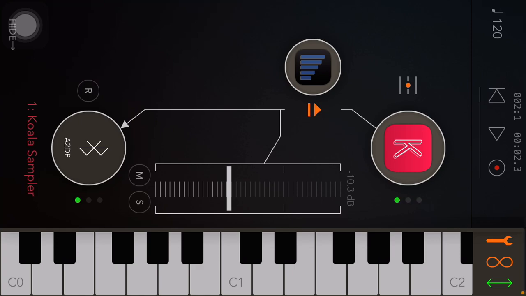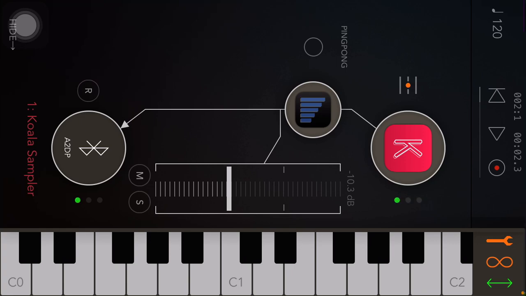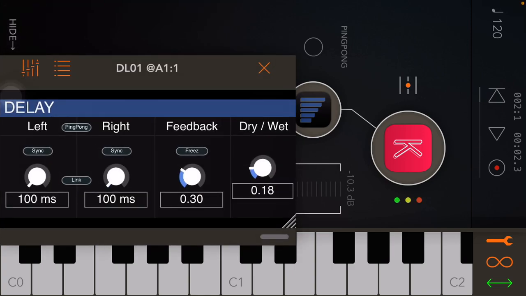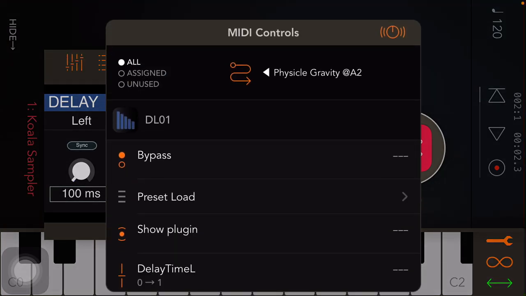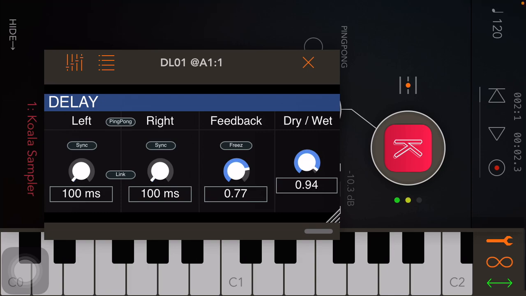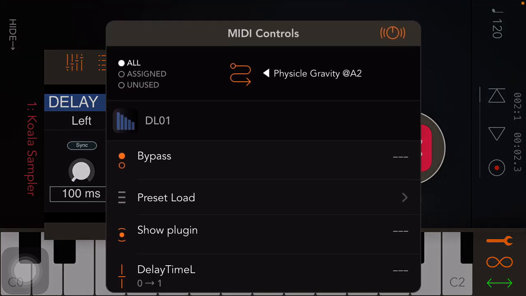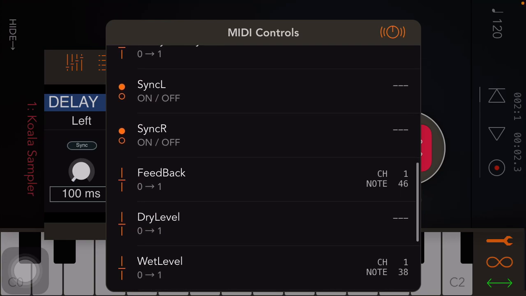apps. So for instance, here I have this delay, and this can be hard to show, I think, sideways, but I can try. So here, you can definitely hear the delay is affecting it. This is a very extreme setting. But what if I just changed the feedback and the dry wet? What if I was to go in and tell it that I want